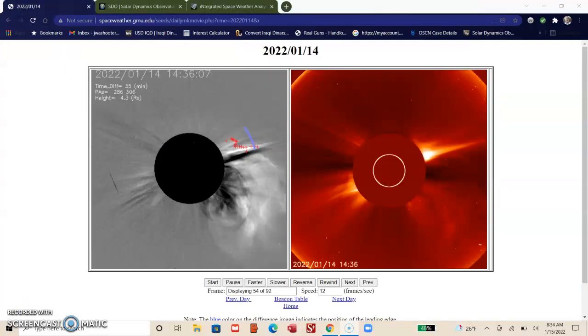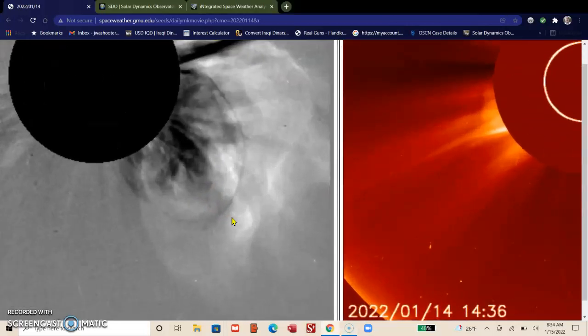We are going to pick up here on seeds, and I would like everybody to pay attention in this area right here, especially right here, where my cursor is. You see this nice round object right here? We've got a lot going on, folks. So you can clearly see there's something here and something here, right? Now,